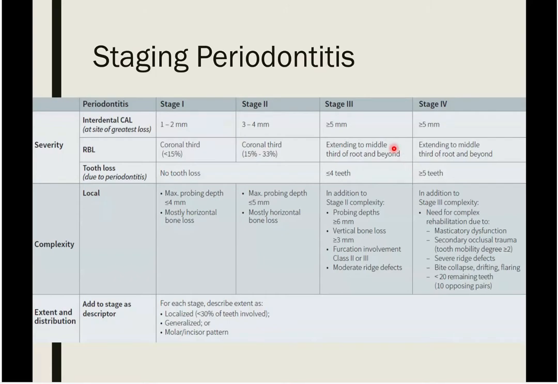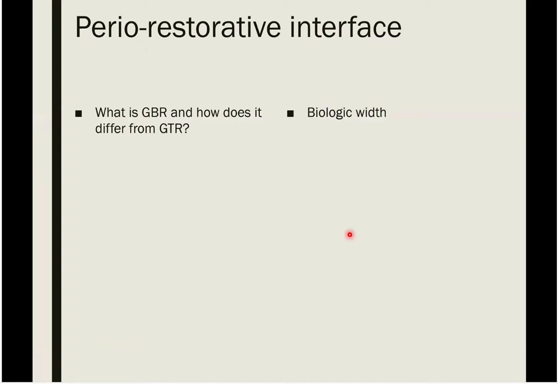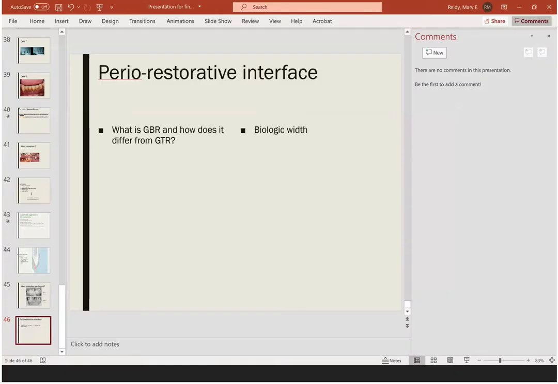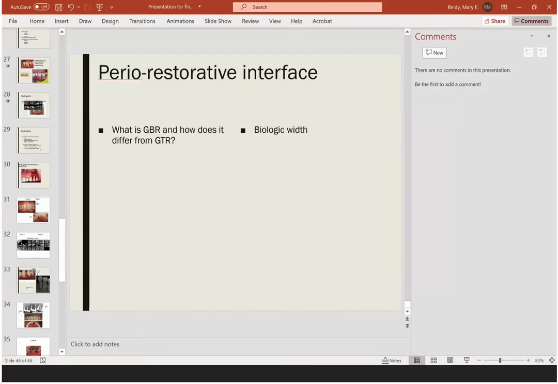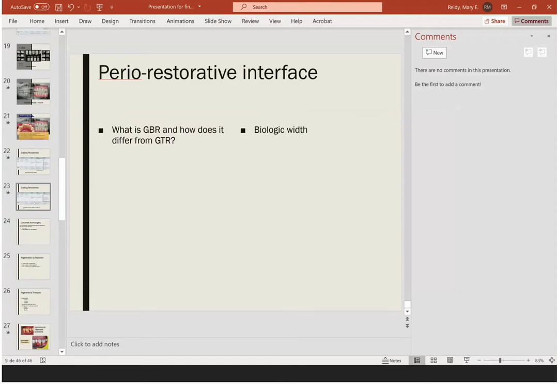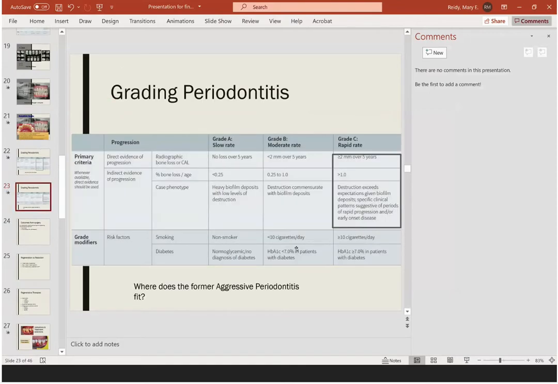And the case sort of matches that because I said you had furcation involvement as well. Oops, my apologies, I went to the end of the slides here. Let me go back. Okay, then